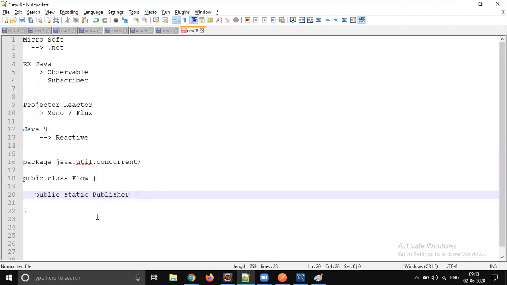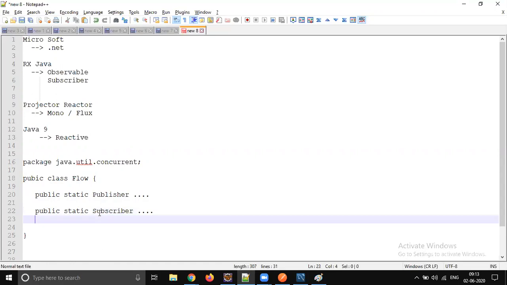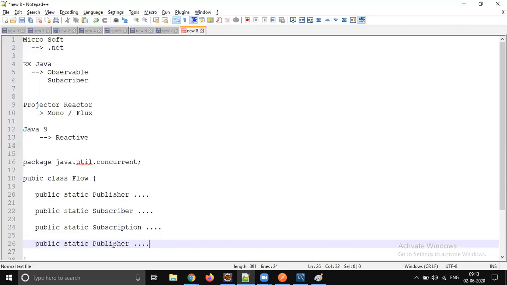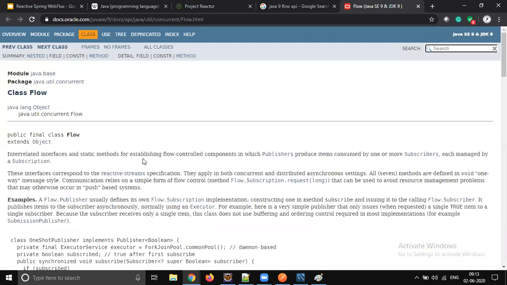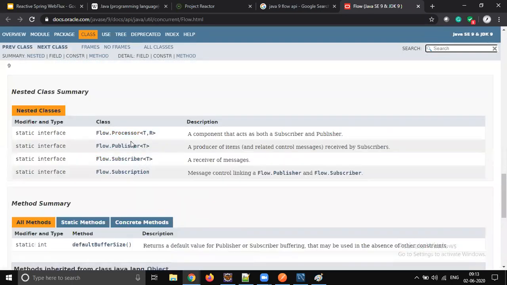Yes, so this is one interface, and another interface is Subscriber, and next we have Subscription. And then we have Processor. Let me check. So there are mainly four of them.